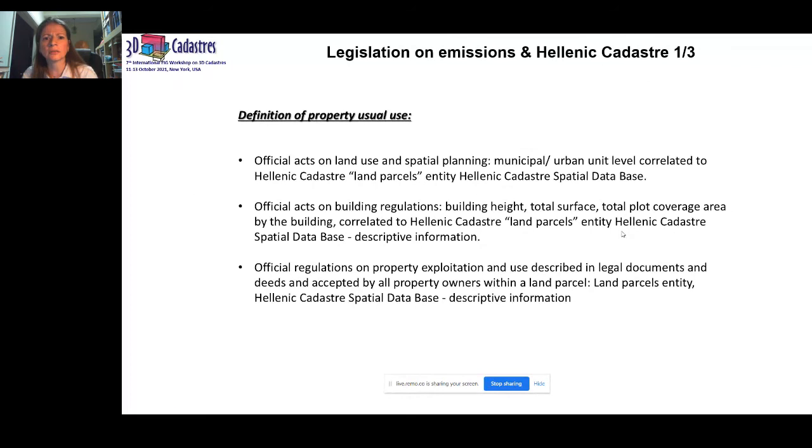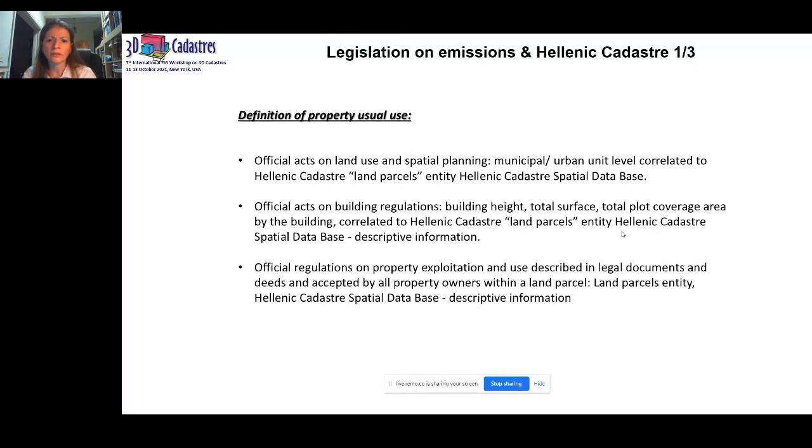3D in descriptive level? First of all, we can define the property usual use. For example, official acts on land use and spatial planning can be incorporated in the Hellenic Cadastre and in the spatial database. And they can also give us descriptive information. And official regulation on property exploitation and use described in legal documents can also be incorporated in the Hellenic Cadastre